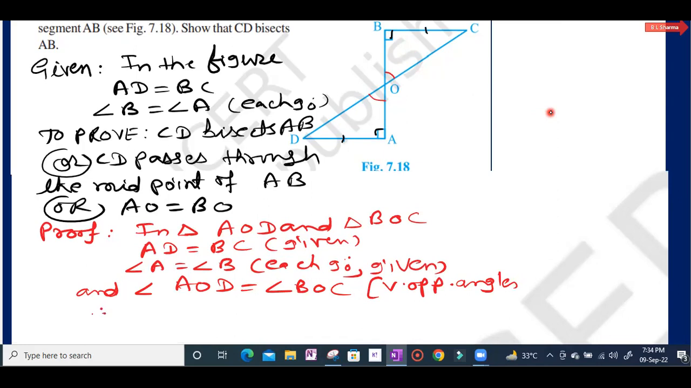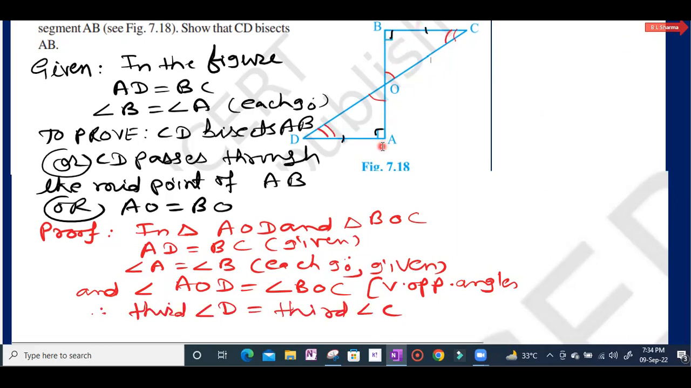Therefore, we can say the third angle D will be equal to the third angle C. This angle will be equal to this angle because angle B is 90, angle A is 90, angle AOD and angle BOC are equal, so the third angle will also be equal. Now you can say, therefore, in the two triangles, now we can say angle A